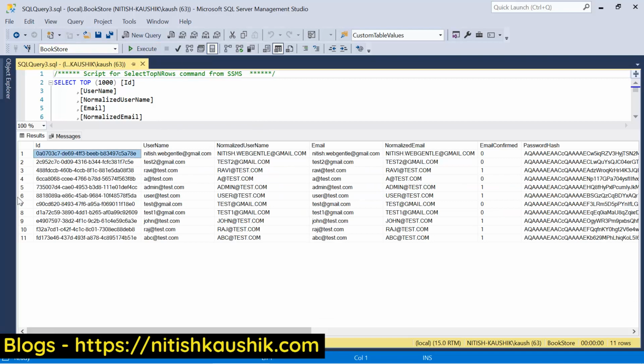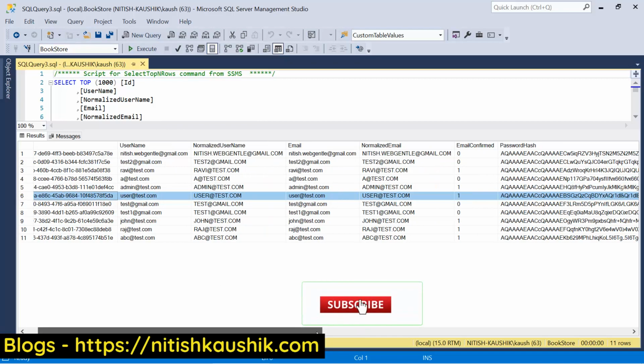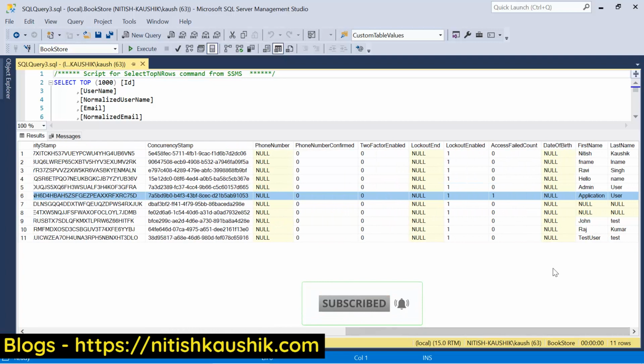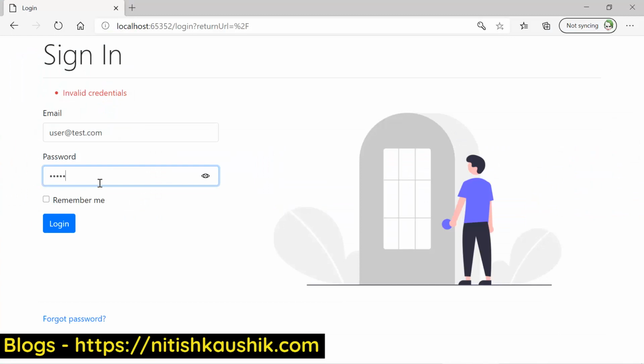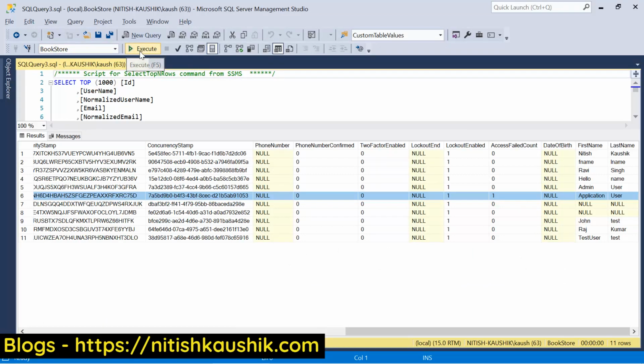And here we have the same user. This time you can see that the failed count is 1. We have the setting for 3 failed counts. Now let's try to log in by using two more wrong passwords. Again, let's enter anything, click on the login button. Again we have the invalid credentials, and again let's try to log in a third time. Now let's see what we got in the database. Refresh the changes.